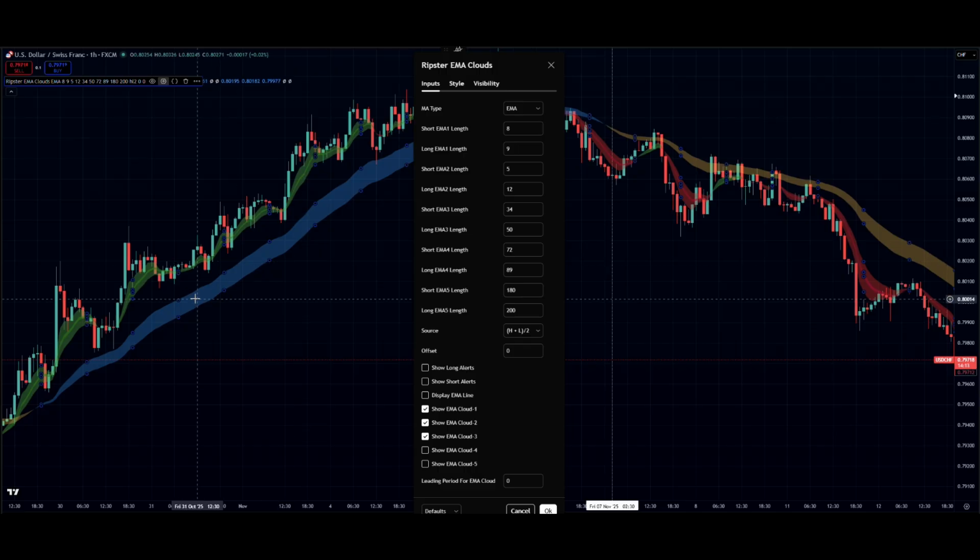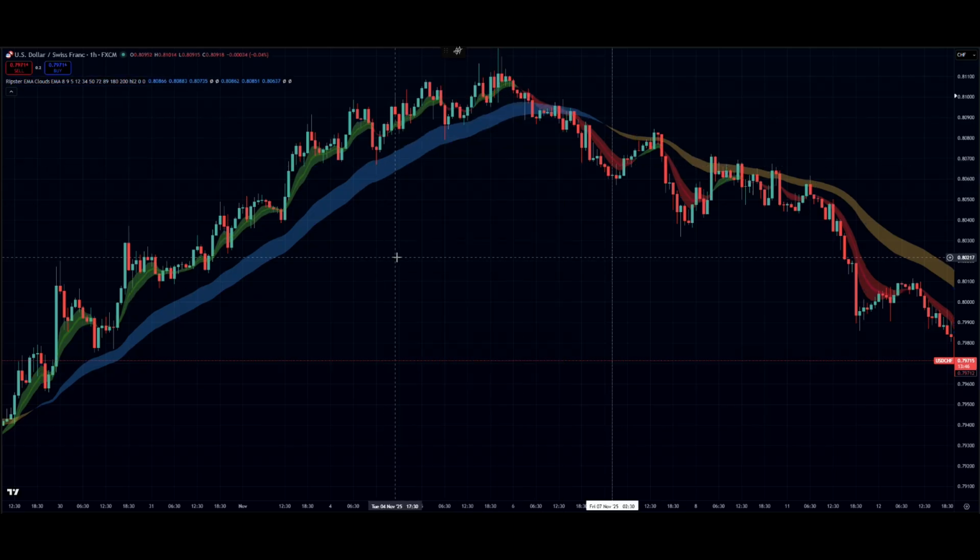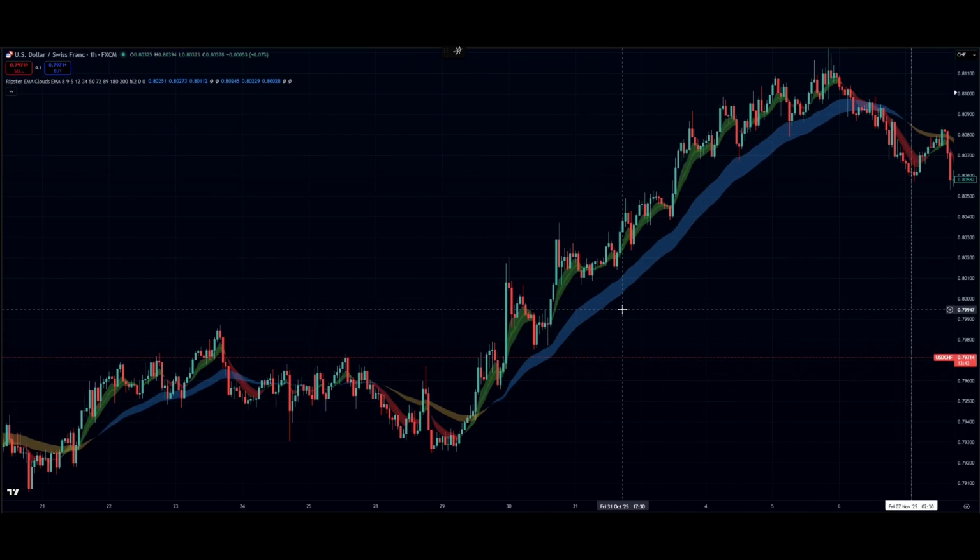So it's not volatile like the normal moving averages. It's very simple to execute on the basis of trend. It's not complicated. It's easily visible. It's a visual representation of what a chart